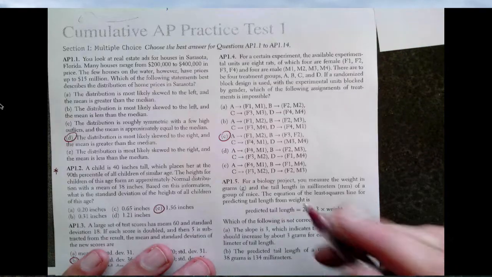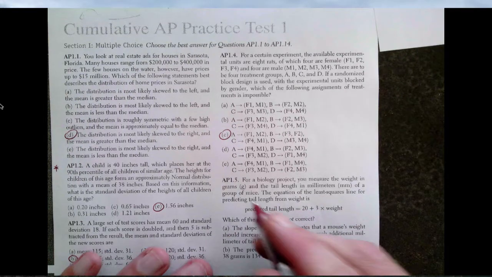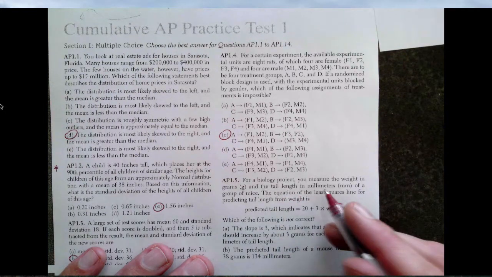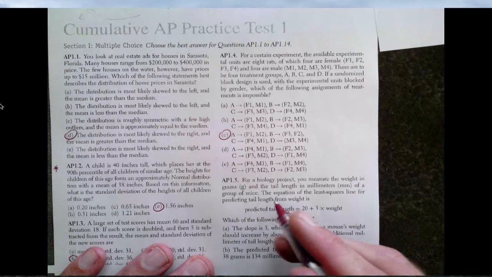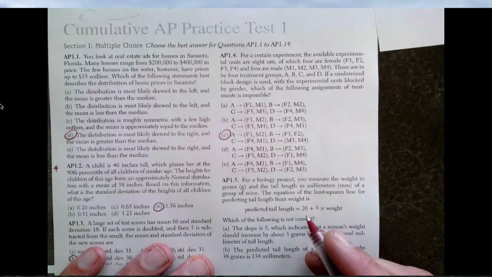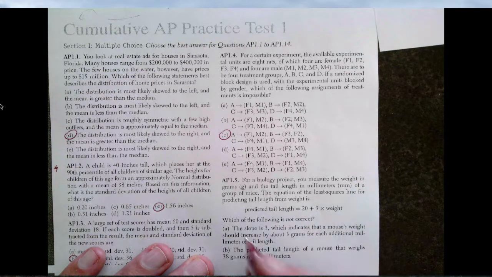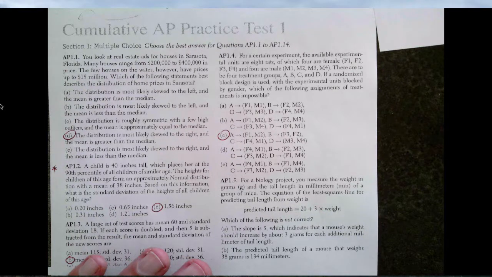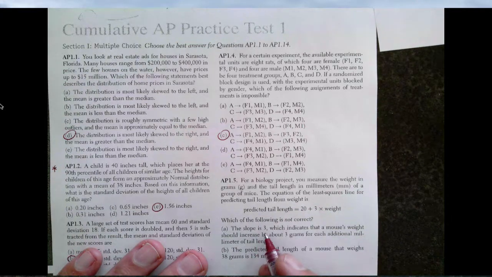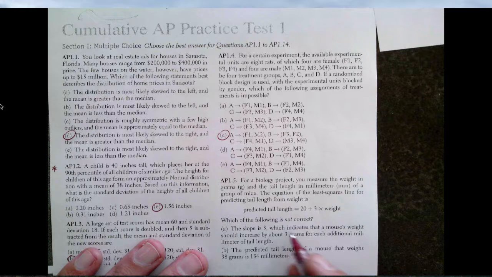All right, 5, a biology project, you measure the weight in grams G, the tail length in millimeters M of a group of mice, so they're comparing the weight to the length of the tail. The equation is this, okay, so we've got the tail length equals 20 plus 3 times the weight. Which of the following is not correct? Okay, for number 5. It says the slope is 3, okay, true, which indicates that a mouse's weight should increase